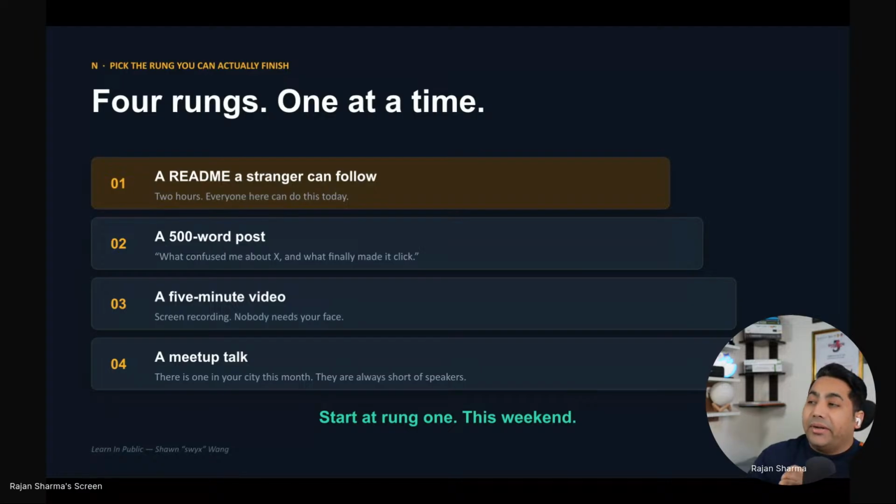And then record a 5-minute video where you explain everything. It does not need your face, it just needs your voice, because you are going to listen back to the voice only. So take a step and record yourself, and if it is possible, then talk at a meetup. Talking somewhere, explaining what you have learned, gives you the confidence and the authority and the authentication that set the benchmark for you, and you become the best possible teacher for yourself at that particular stage.